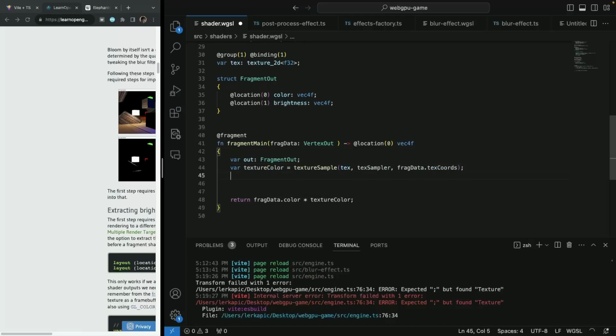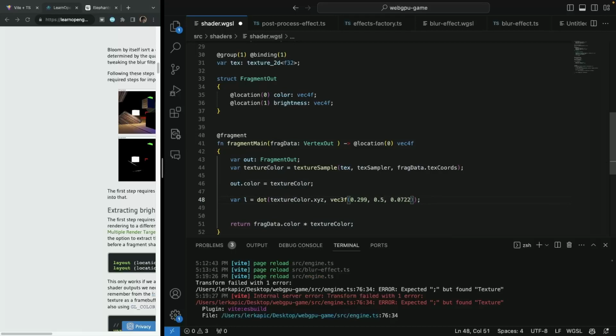So our out color is texture color, and that sorts the texture one. And for the second out parameter, we're actually going to test for the brightness. And how can we do that? Well, you can use, not the fragment data, this is wrong. We're actually going to use texture color XYZ, and then we're going to test it against some values, and I use these values here, which will give us